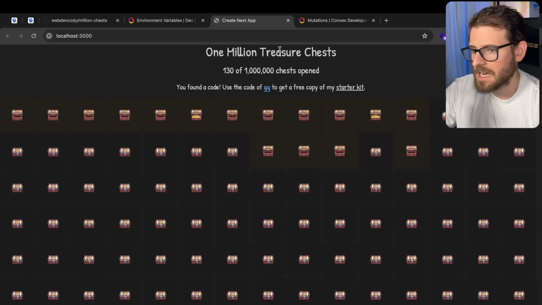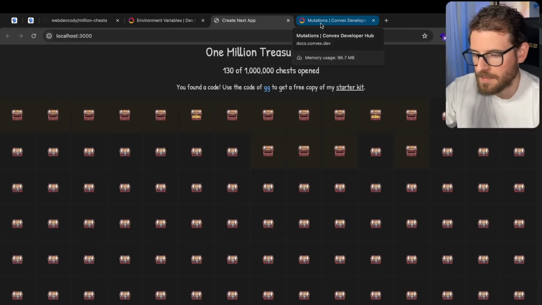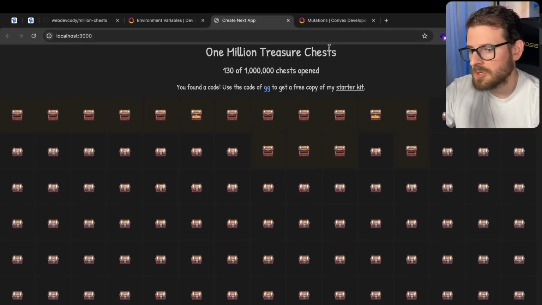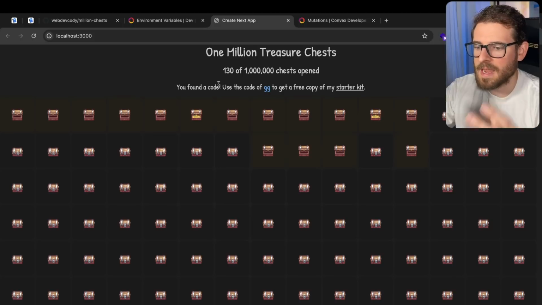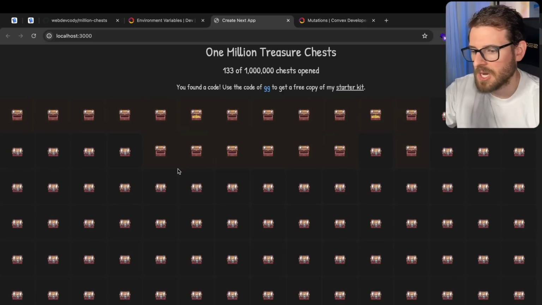There is something called database contention. Basically, in SQL and other databases, including Convex, if you use transactions, you can have multiple things trying to write to the same record at the same time, and then your counts could be off, right? Right now, everything is synced up because Convex is using transactions under the hood. So even if multiple people are clicking on the same checkboxes at the same time, the counts will always be correct